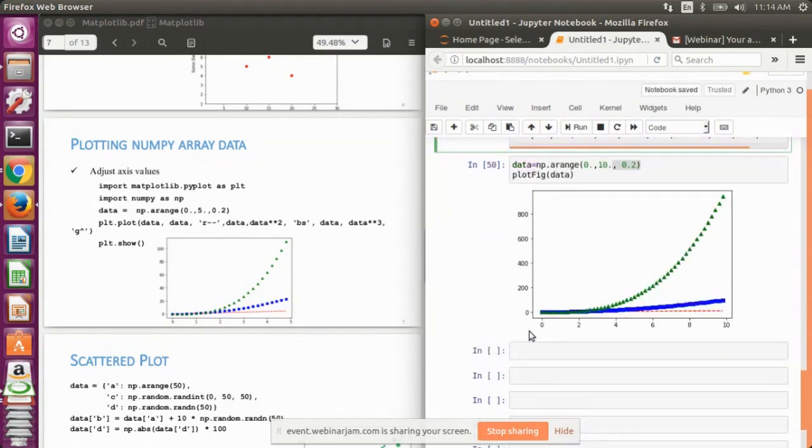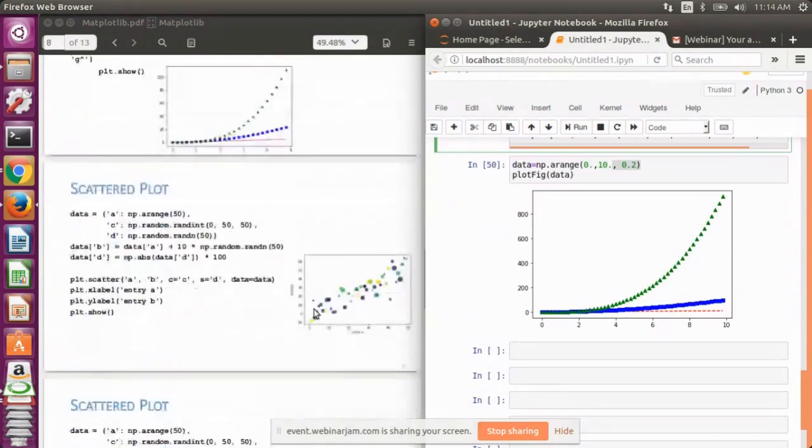Suppose I need to plot a scatter plot. Let me define another function, scatter fig, and pass the value as data.